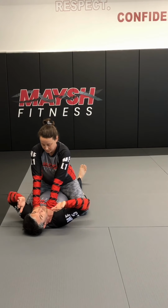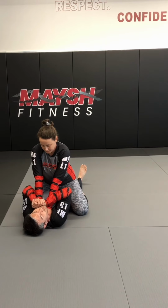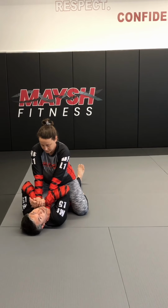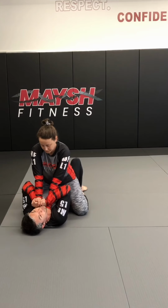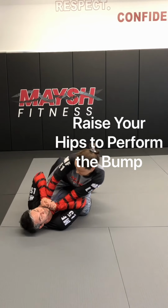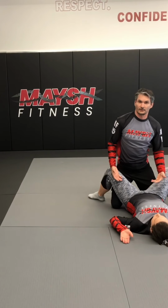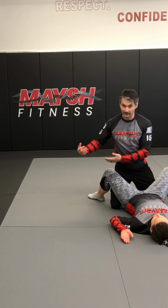So she did a great job of it. It's that same nutcracker grip. You're getting control of the hands. I'm gonna go in kind of slower motion here to talk through it. She bumped up and then rolled me over. Now, I'm doing it slow, so I'm coming up more into her guard, but in a real life scenario, you're doing it